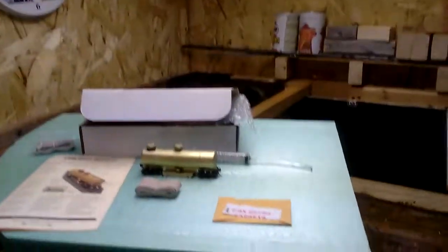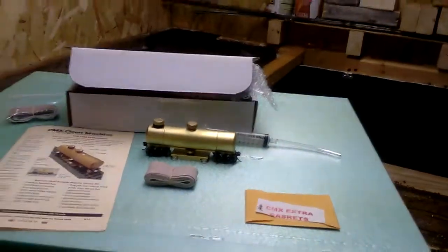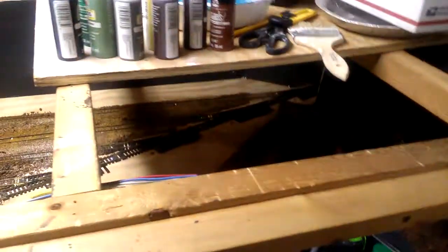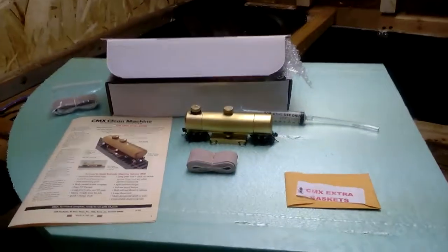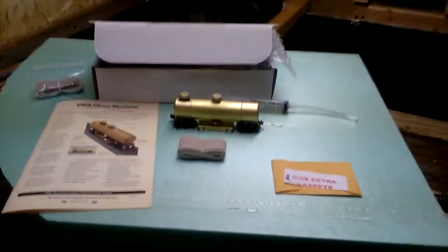I mean, I got a couple other things from my friend down in North Carolina. I bought some buildings and a couple locomotives, a couple pieces of rolling stock, stuff like that that I didn't bring out. I was going to put it in this video, but this video's up to 10 minutes, so I'm just rambling. I just wanted to show you